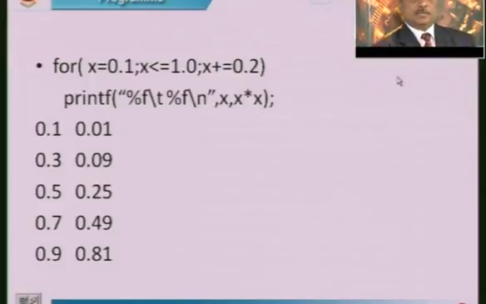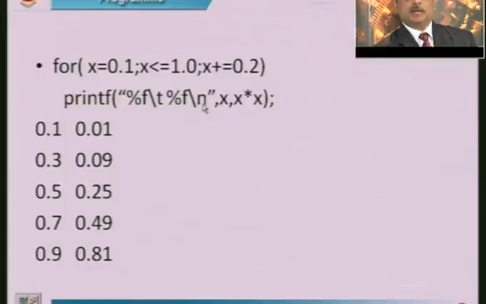One example of the previous one is demonstrated. For x equal to 0.1, that is the initial value. Whether x is less than 1.0, if it is true, control goes inside, and print the value of x and x square. Observe this, x is 0.1 and its square is 0.01. After printing this, there is a gap because of this \t, the tab operator, which helps in giving a space between these two numbers. Here this is percentage f and this is percentage f because you are using floating variables. So these two, x and x squared, you are going to repeat until x is less than or equal to 1.0.